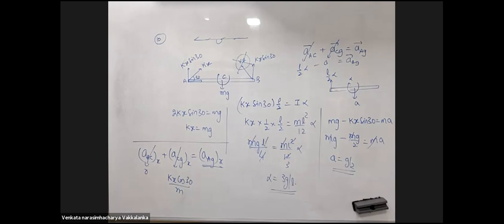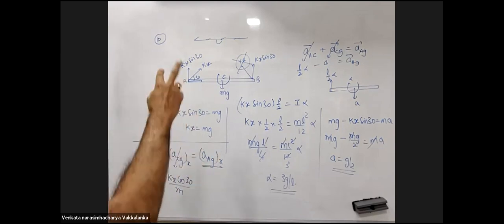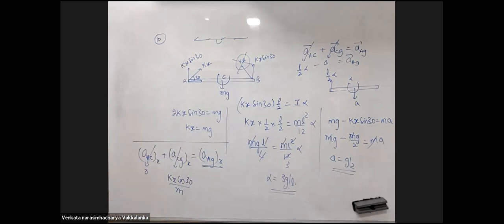All of you should be crystal clear with what we have done right now. Every inch of it. First, we calculated kx using the equilibrium condition. You used that kx after the string is cut because at that instant the value of kx will not change. And I took the torque about center of mass to avoid all controversy. Somebody in between started speaking about centripetal acceleration. Remember, omega is 0 at that instant. So centripetal acceleration is 0.